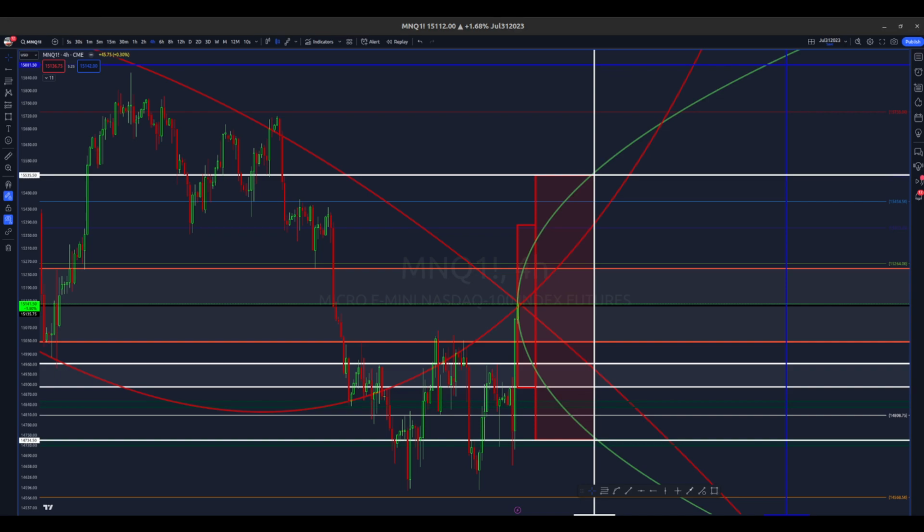Let me see. I don't see where I could do that now. I'll have to look into that. I just found a drawing tool so that I'd be able to draw on the screen. But anyway, we'll keep it red for now. I expect the average of price action to be found in this going.